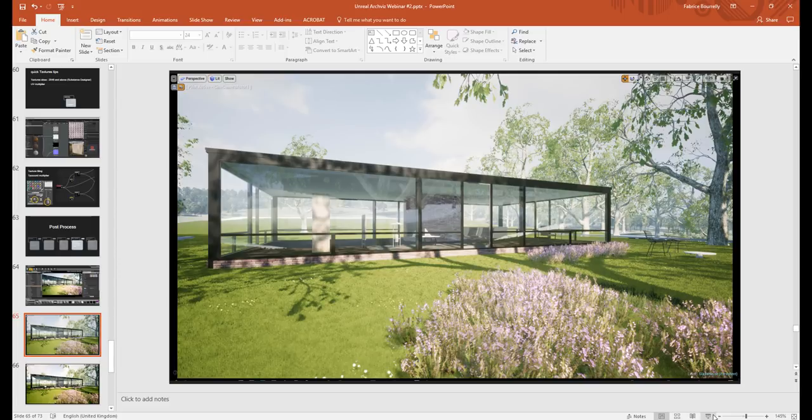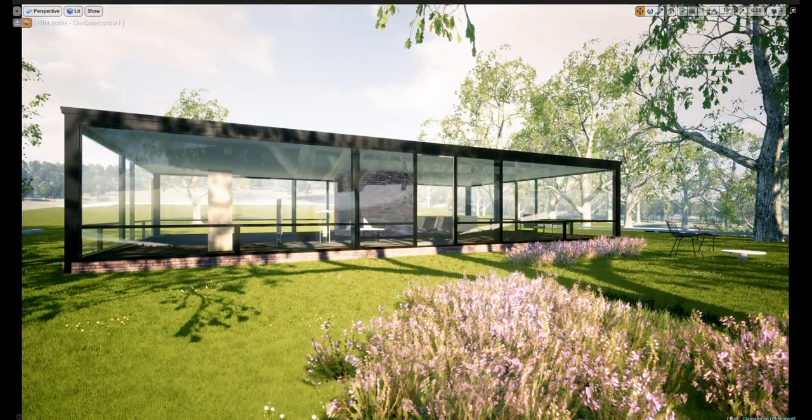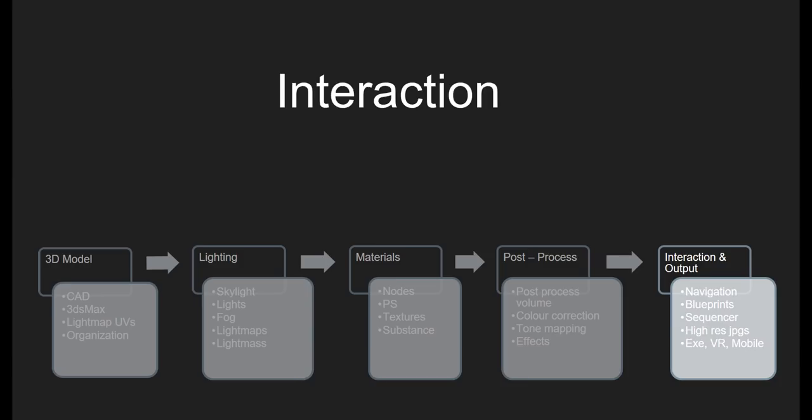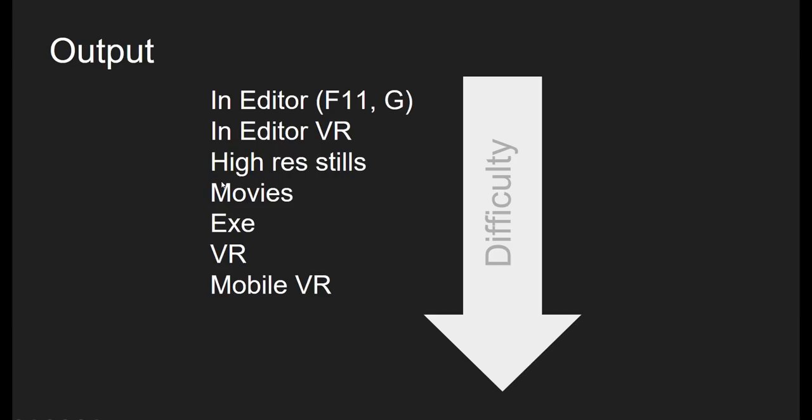So again, we've got some great effects to go from something maybe bland looking to really pumping up the contrast and the colors using our familiar Photoshop, and then here our depth of field. Quickly, interaction is a whole subject in itself, but use the templates for the first person shooter or the VR templates. And then the outputs, just to say that the editor obviously works very well, and this is a level